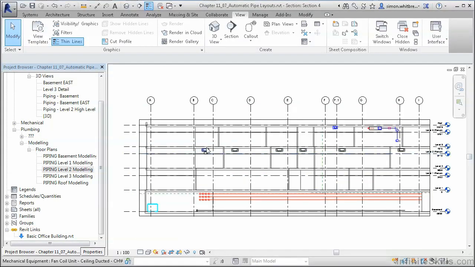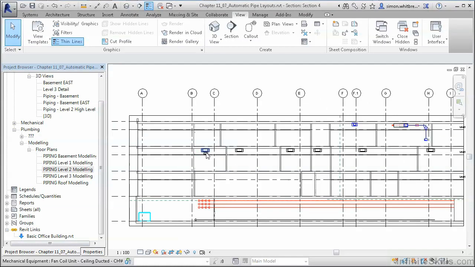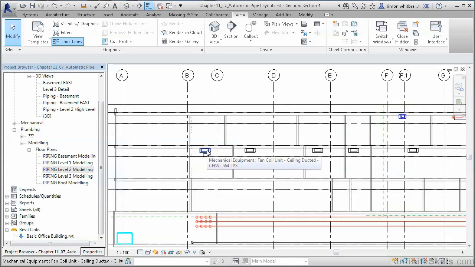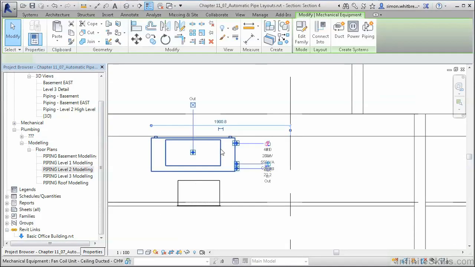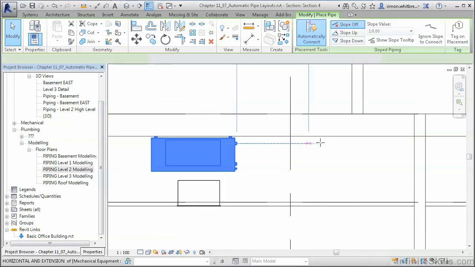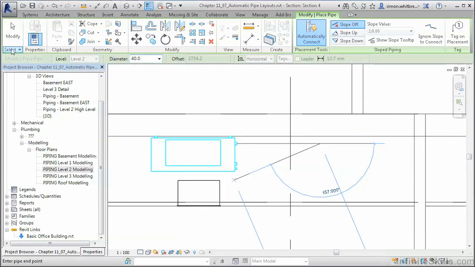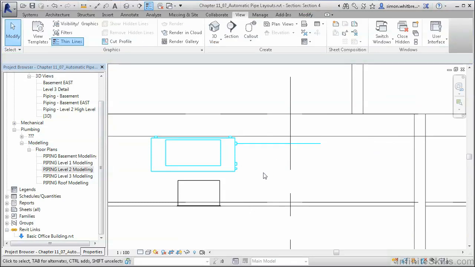This shows us the fan coil units mounted on the underside of the slab of Level 3. Scroll into one of them, select the fan coil unit, and then click on one of the highlighted shortcuts to create a pipe, and click on Modify. The reason for doing this is I want to find some of the properties of this